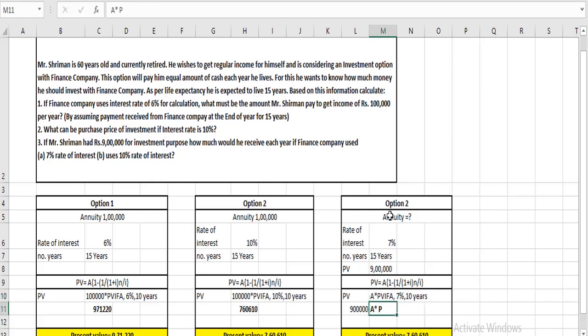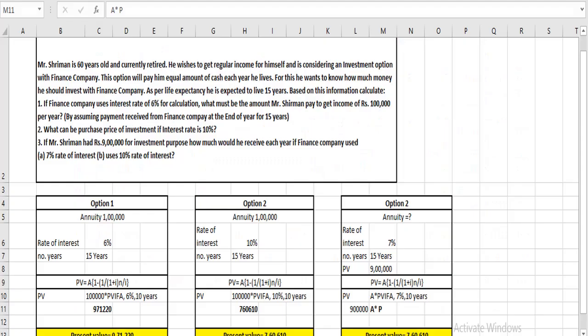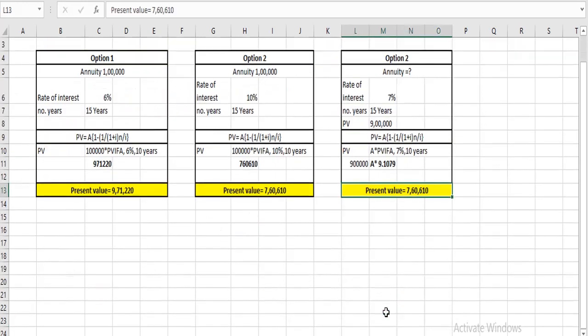So the 7% combination is 9.1079, so over here it is annuity multiplied by 9.1079. So by replacing this, the annuity A will be 9 lakh divided by